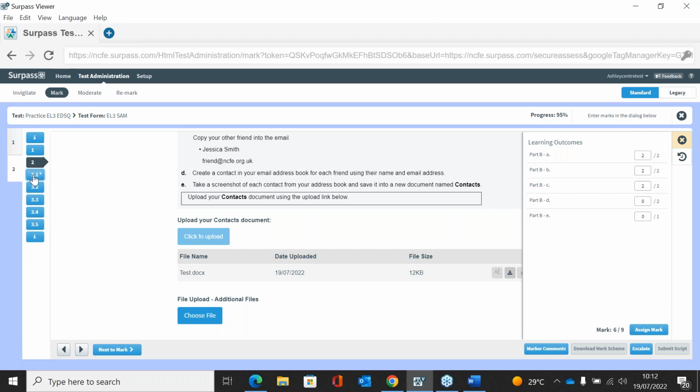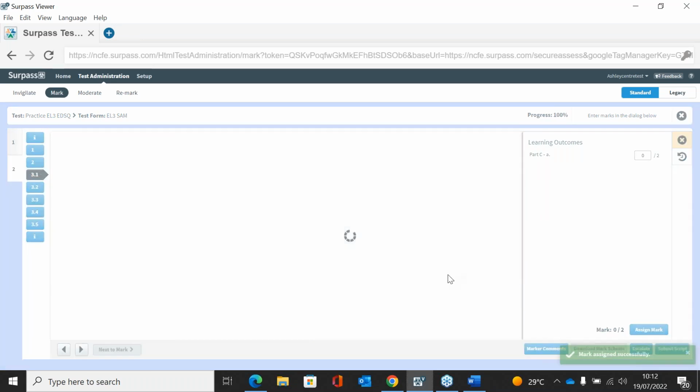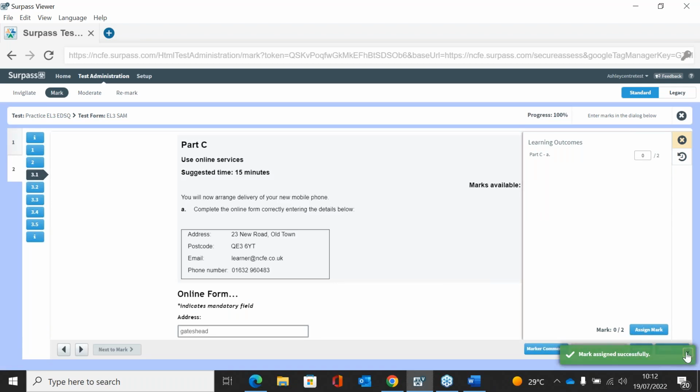Once you have gone through and marked all of the questions, what you then need to do is submit the script, and this will go to the IQA within the moderate screen. There's also progress at the top here, which tells you how much you've marked of the assessment, so you know that everything is complete before you submit the script, because once you have submitted the script, you can't go back and change unless it was to go back to mark, which can be done, and I will go through that with you. I'm just going to submit the script,